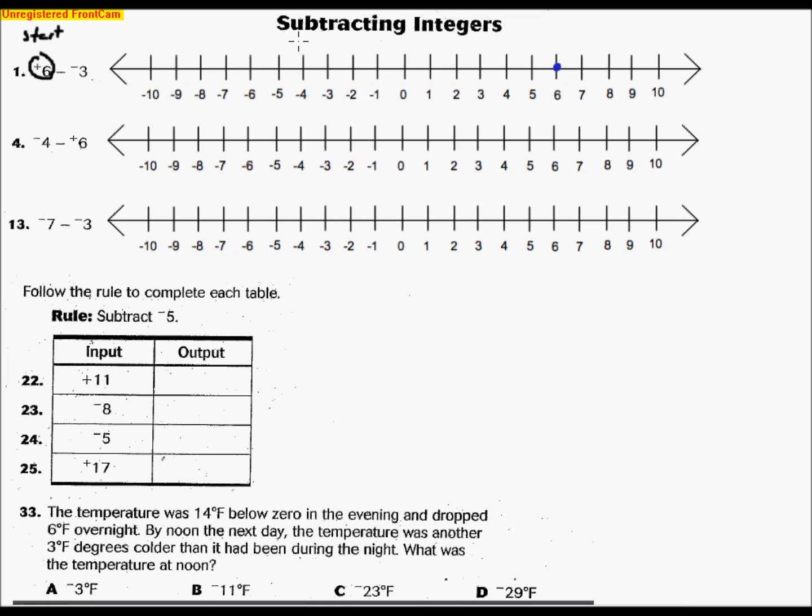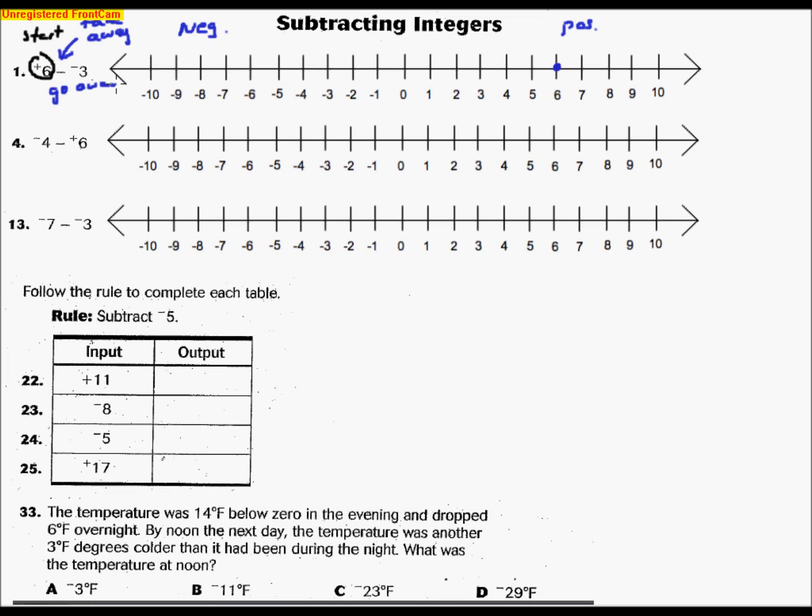Now, what we have to remember when we are taking away this symbol right here, this minus sign, subtraction, think of it as take away. So we're going to take away whatever type of number they have. Remember that the negative numbers are on this side and the positives are on this side. When we are taking away negatives, it's kind of the opposite of a negative. So if I take away negatives, I'm going away from the negative direction. Take away negatives means go away